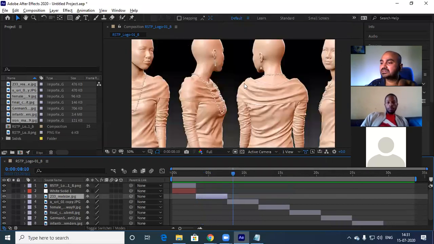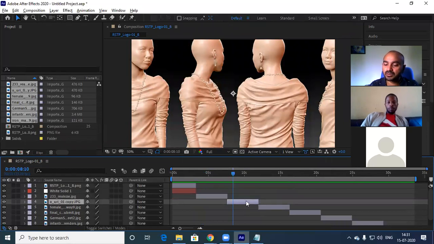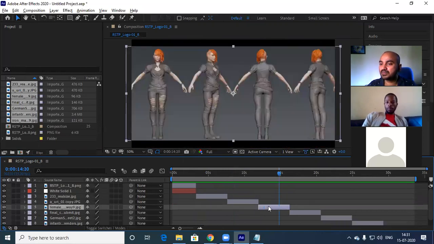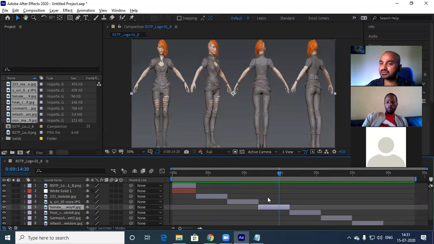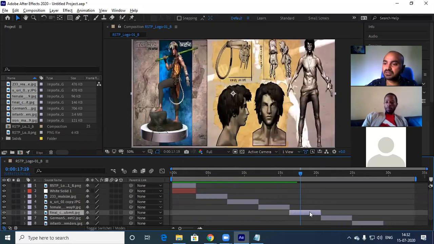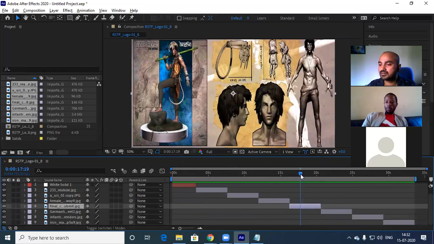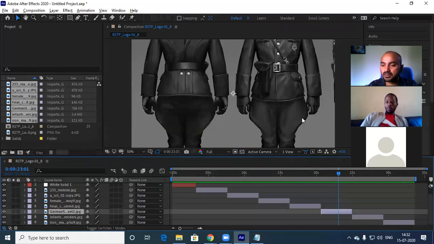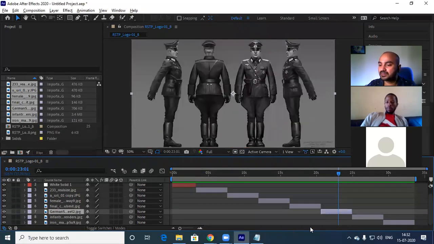So now you see this particular image is not fit to screen. So I'm selecting this image, Control Alt F. Now this is fit to screen. Now I'm selecting this one, Control Alt F, it is fit to screen. I'm selecting this one, Control Alt F, fit to screen. So though this is stretching, I'm selecting this one, Control Alt F, it is fit to screen.